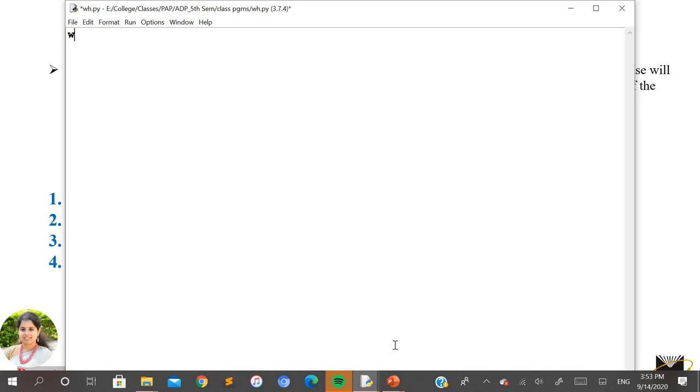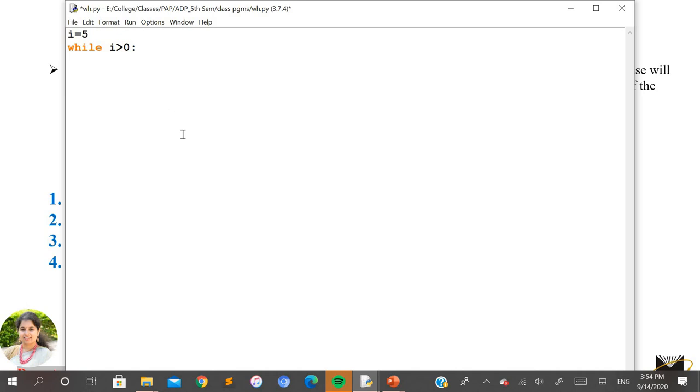The while keyword is required, but before that I just want to initialize the value of i. Listen carefully here. This is the syntax to be used for the while loop: the while keyword followed by the condition, and immediately after the condition you type the colon and press the enter key. You can see that on pressing enter the cursor automatically points here, leaving some space. The default space being left is nothing but the indentation that needs to be followed for the block of statements included in this loop.